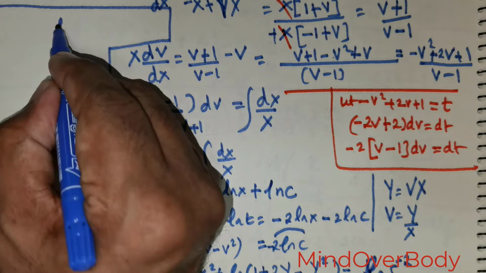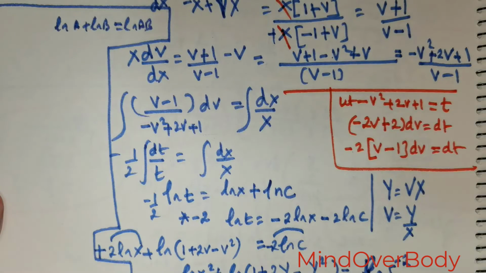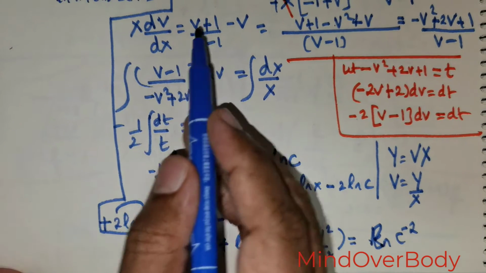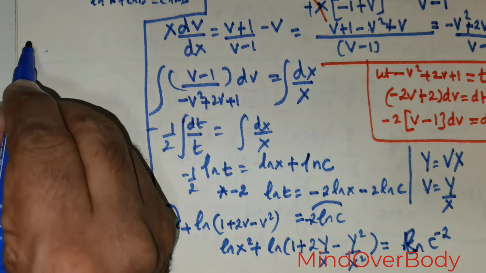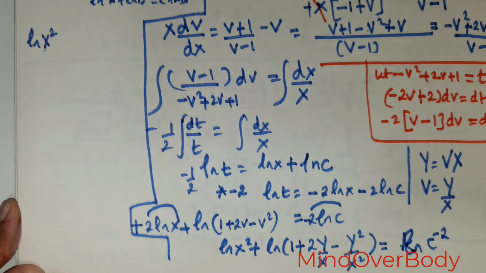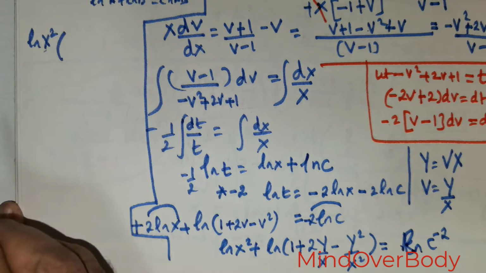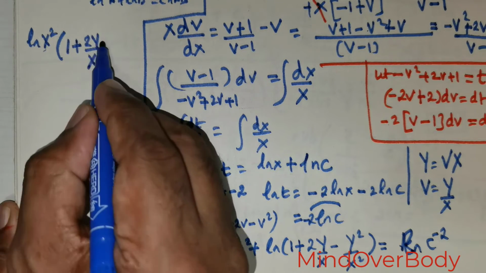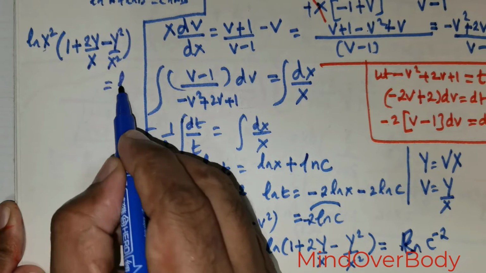So ln, we know that ln of a positive ln of b is equal to ln of a times b. So I would like to club these two things together. So that would give me ln of x squared times 1 positive 2 times y over x negative y squared over x squared is equal to ln of